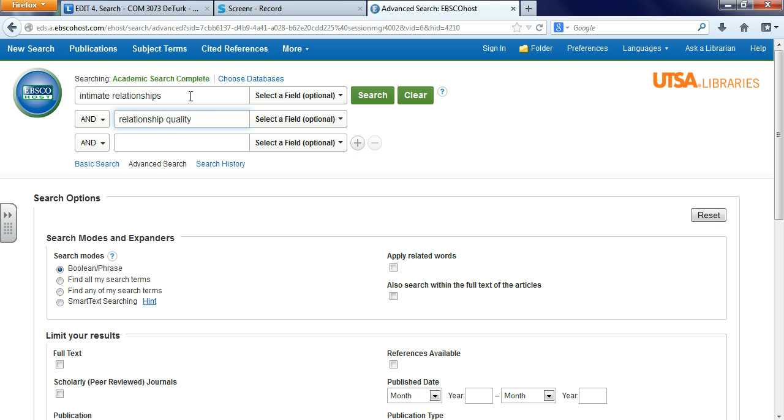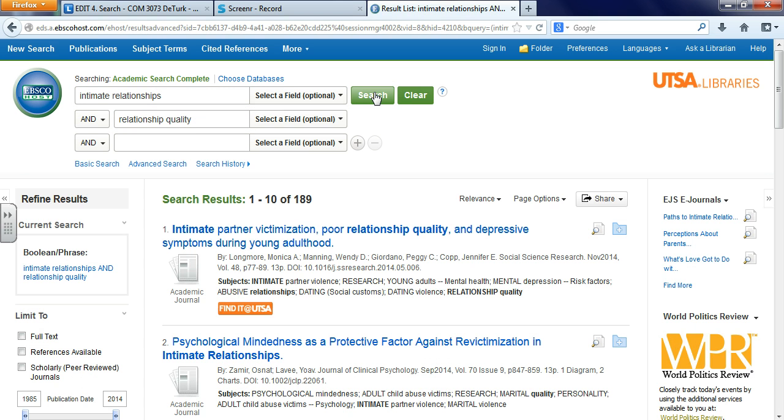So we'll go ahead and run our search here. Just do an initial search. So 189 articles, that's a pretty good search. If you're getting under 200 or around that amount, I would say your search is probably pretty focused. So we could focus this a little bit more if we want to,